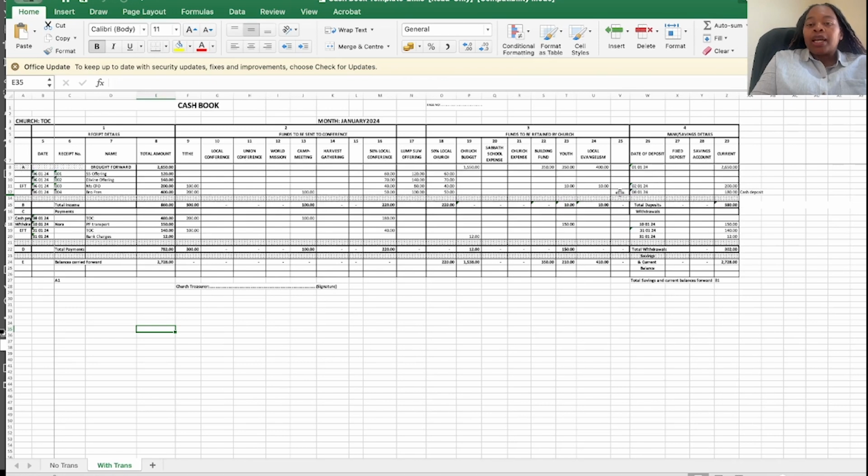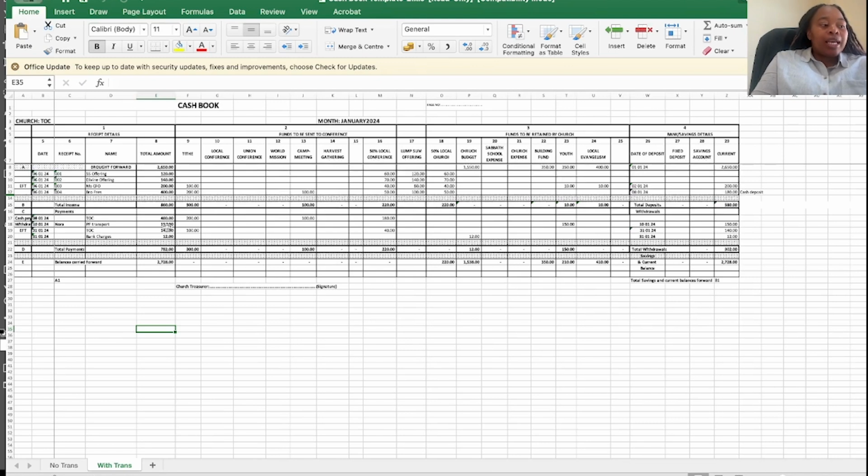And then we come back, we put the deposit date as per the deposit slip, which is the 8th of January 2024. There's the 180. Okay, now we balance our bank. Then we take the money that goes to TOC, we deposit it into TOC's bank account, and now it's going to appear under payments in our cash book. So there it is, cash payment on the 8th of January 2024, TOC